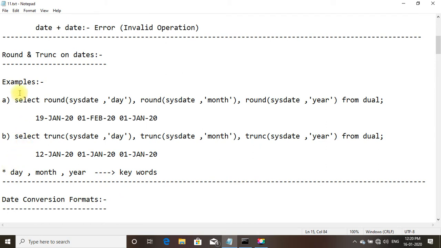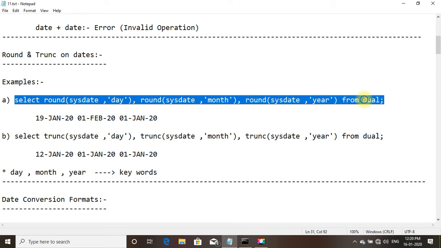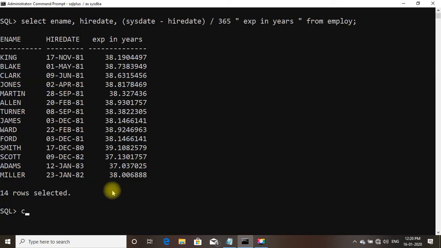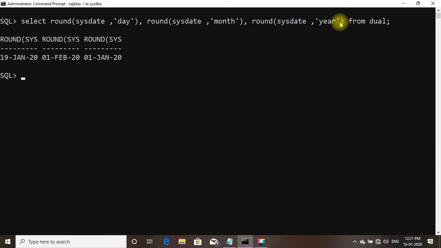Examples. Let us try these examples. Copy, clear screen. We select round sysdate, round sysdate month, round sysdate year from dual. So here you can see round is showing sysdate 19 Jan 2020, month February, and year 2020.